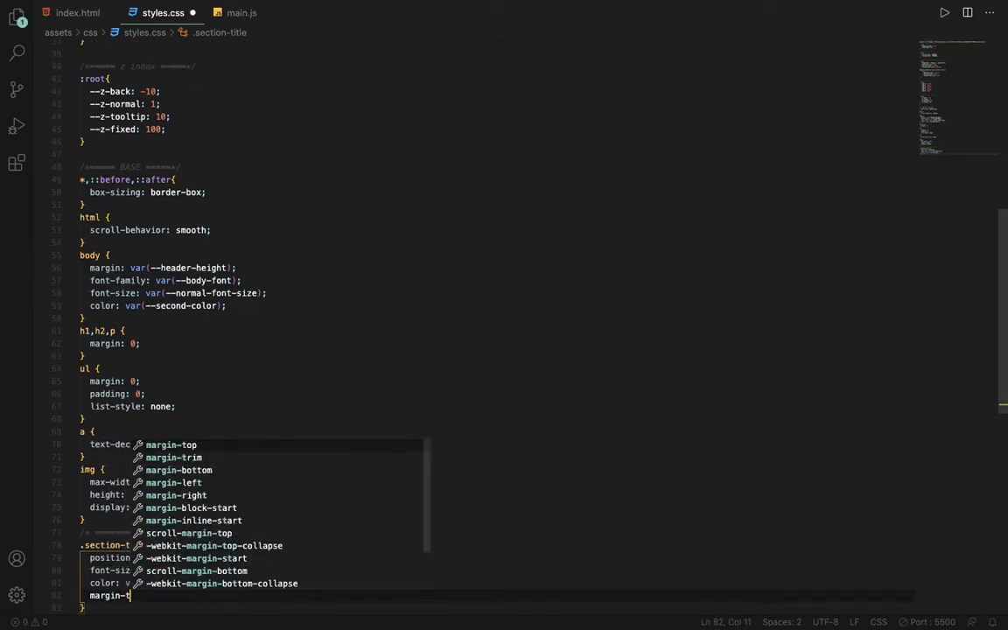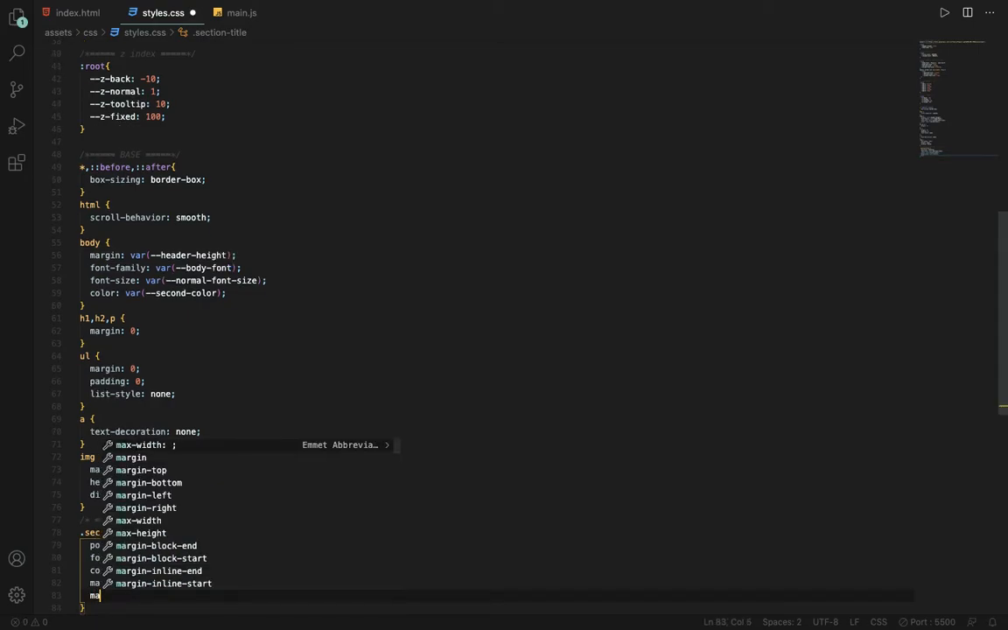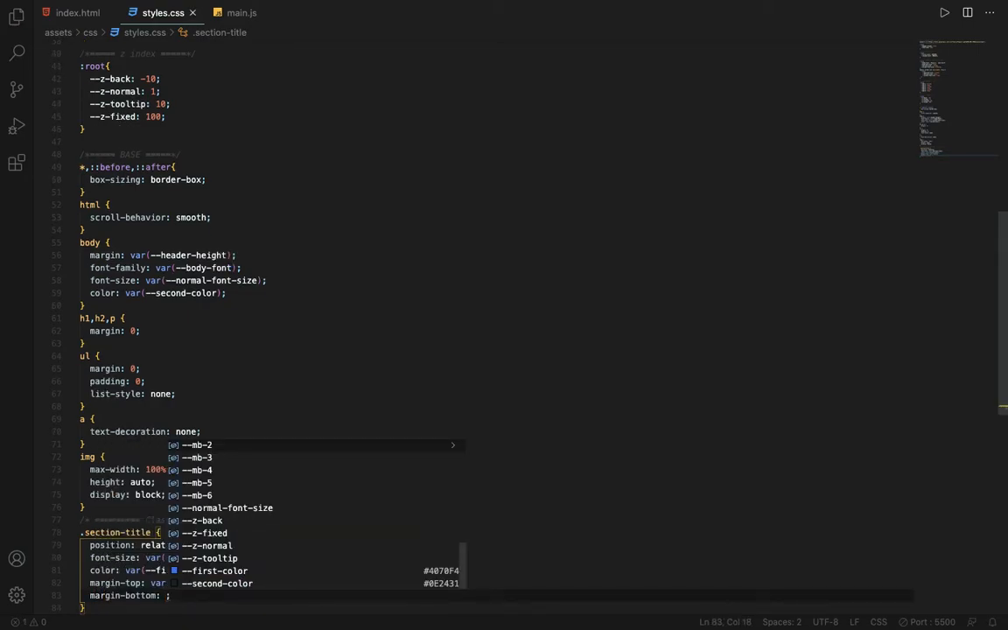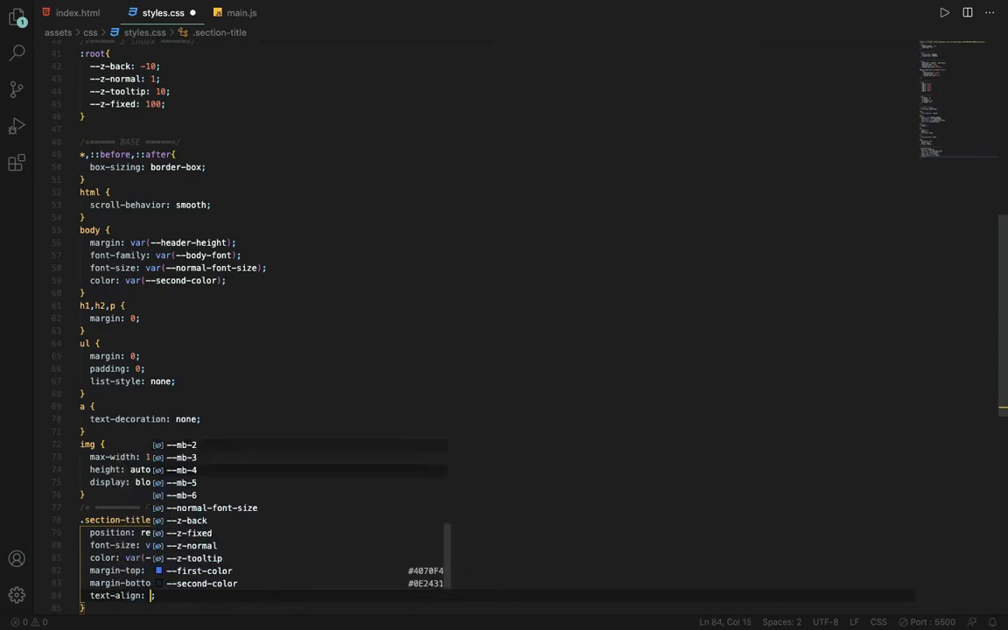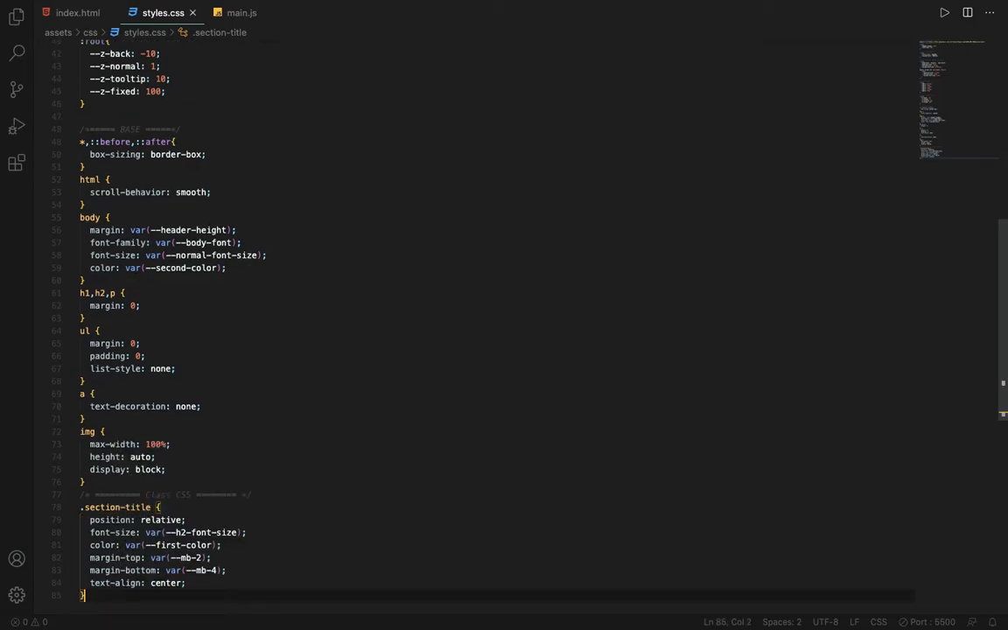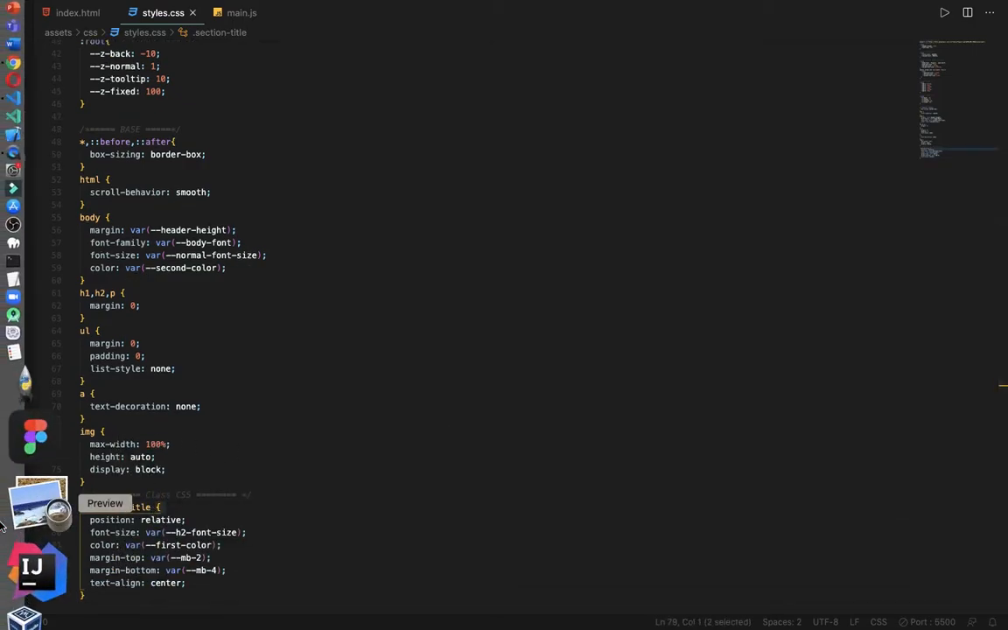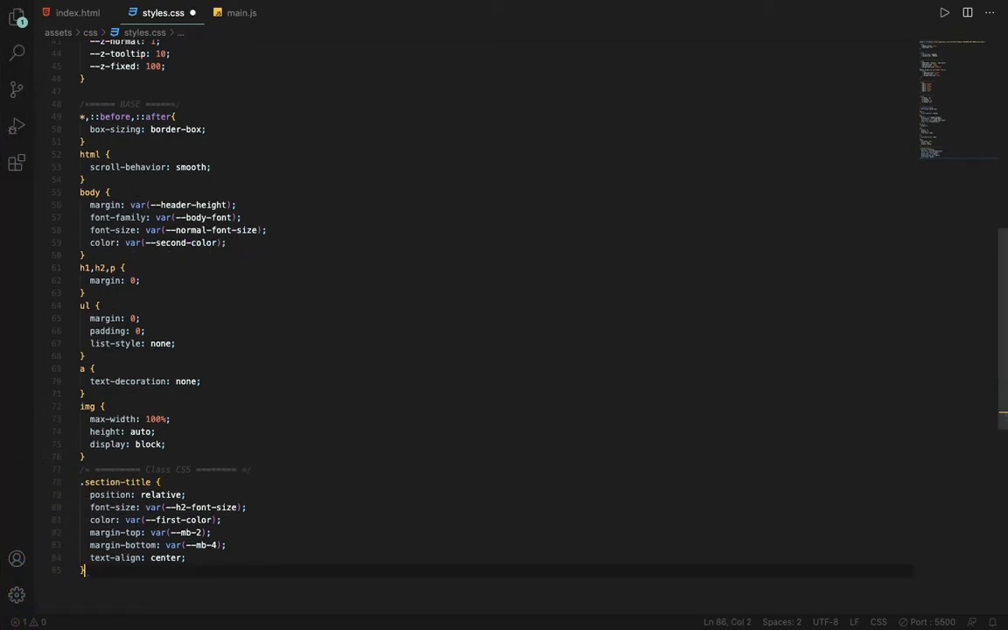Then their margin from the top will be MB2. So let's say MB2, and then margin from the bottom, which is margin bottom, will be MB4. After making this, we will also say text line center because we want them at the center. Now I will copy this section title. Also let me copy this whole,